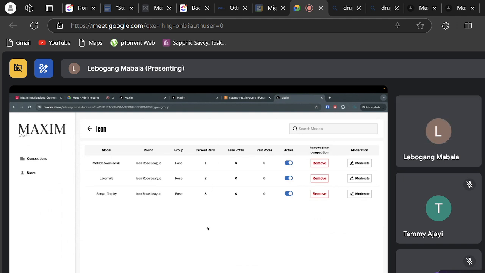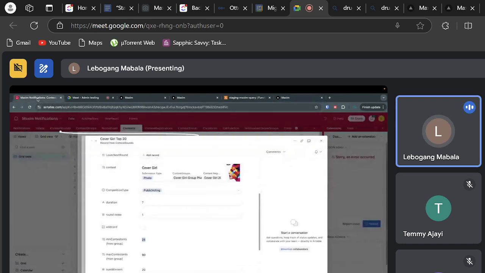So we are merging the groups every time until we have one. Do we get to a point where we have one group? No. If they have the minimum number of contestants, they will remain that set. So how is the winner of the round determined? The winner of the group, right? In the round, in the group, right? So what happens is it's the first. That's why this is important here.